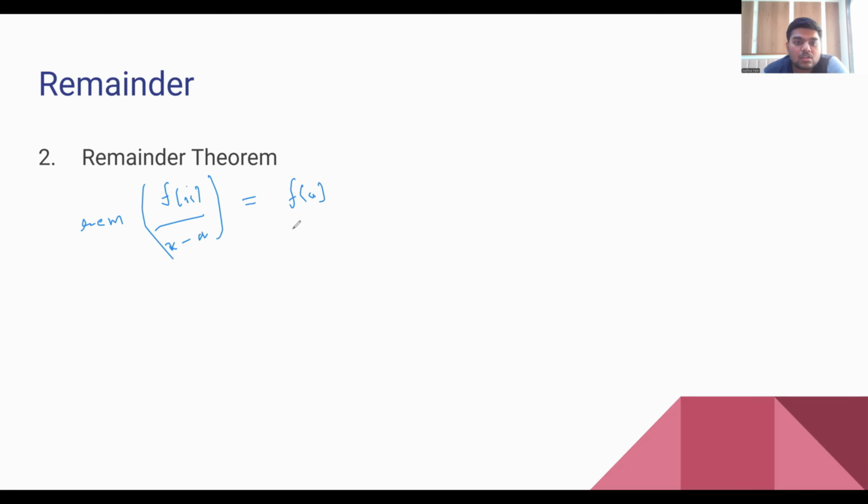Okay. So this will be the remainder. So it is generally called as a remainder when f of x is divided by x minus a is equal to f of a. So for example, let us say we have to find 2 to the power 523 divided by